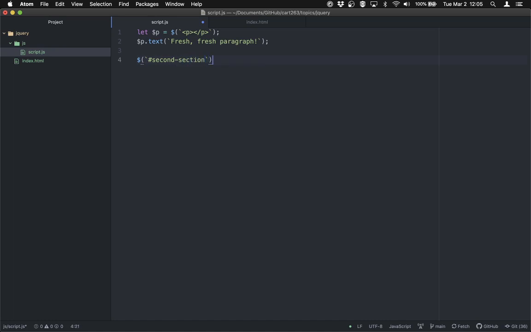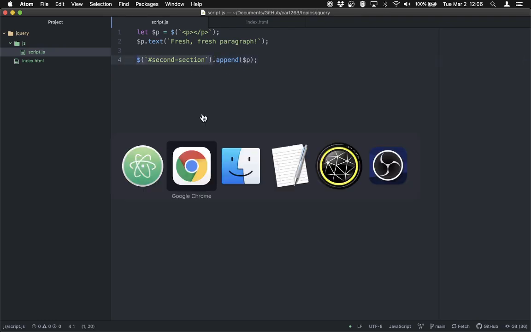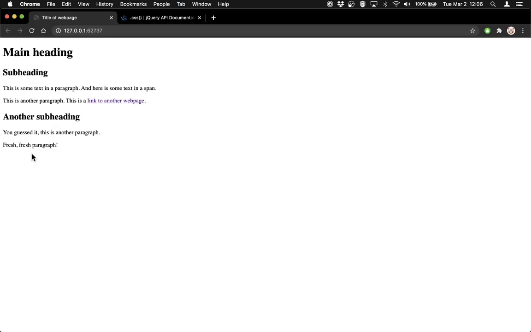Second section, select it, and then jQuery provides a method called append, like this. Very similar to the DOM standard appendChild. And we just give it the element that I want to append. So I've created a new element here, a P element. I set its textual content to fresh paragraph, and then I've selected the element I want to add it into hierarchically, and I'm appending it with the append method, which will add it to the end of the place I selected. So if we go and look, we get fresh paragraph here at the bottom